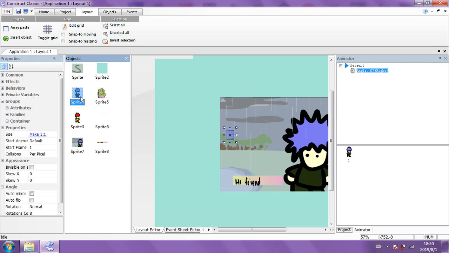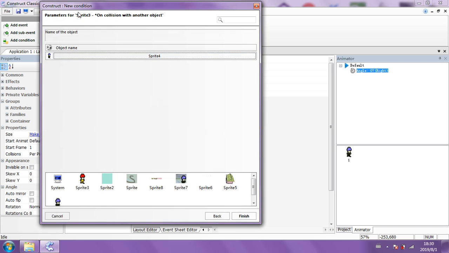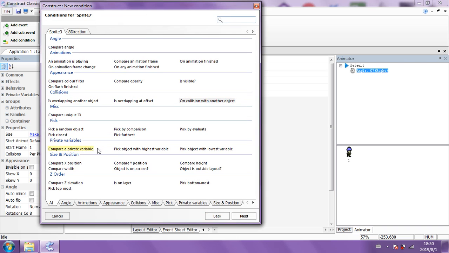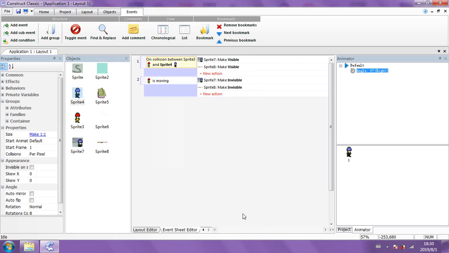Okay, maybe we should have overlapping then. We'll try it with overlapping first and just see if that works, rather than collision. So we can go back and change that to overlapping. Is overlapping another object? Okay, and we'll leave it as Sprite 4 and click finish.